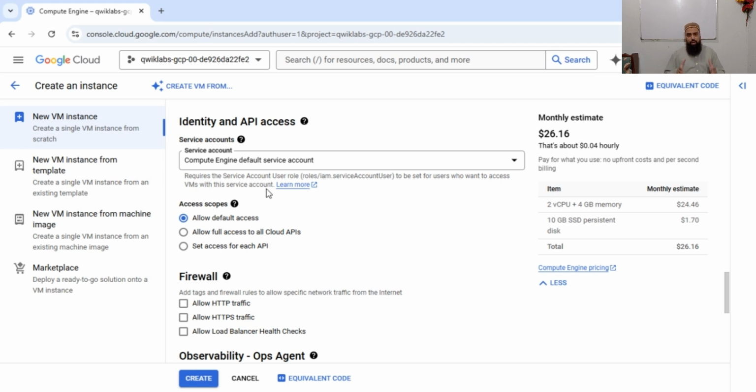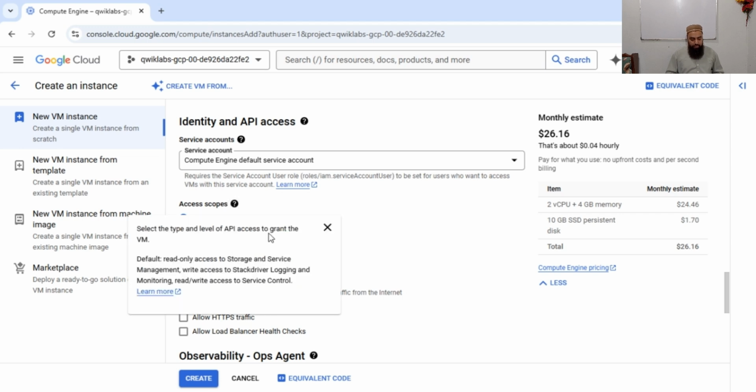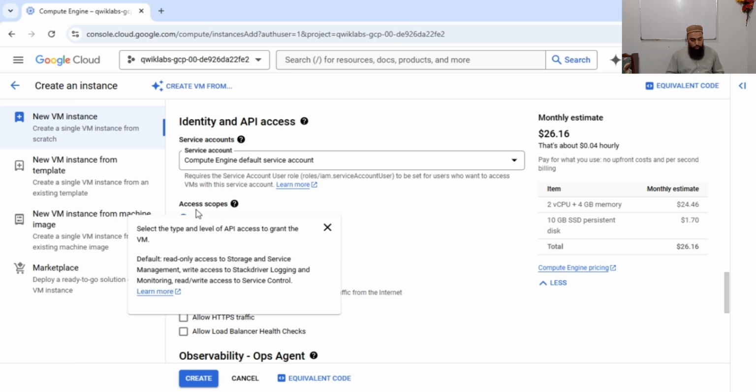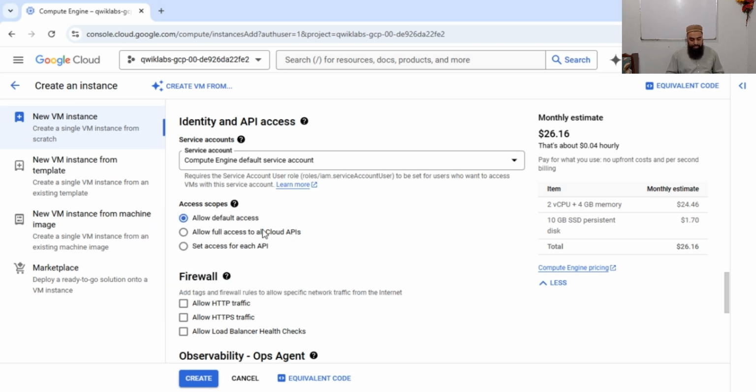So this service account will definitely have the access to create and destroy or modify virtual machines on Compute Engine. And after that, this is selected by default, and access scopes allow default access. And if I want to allow full access to all cloud APIs or set access for each API, so I